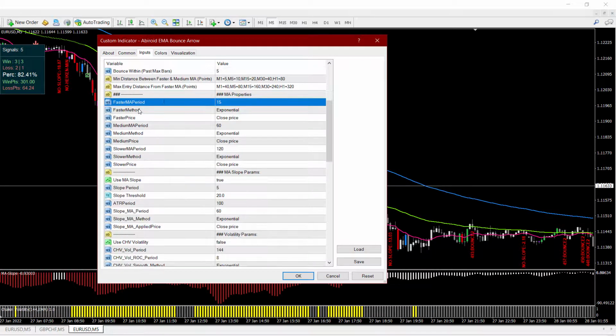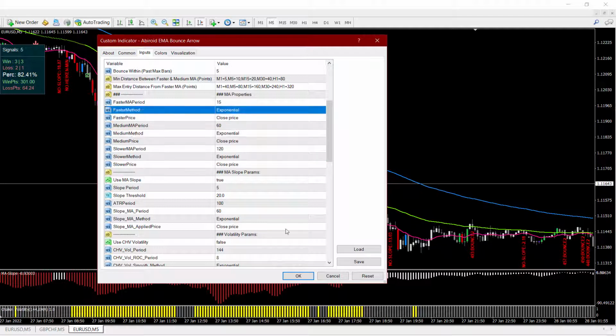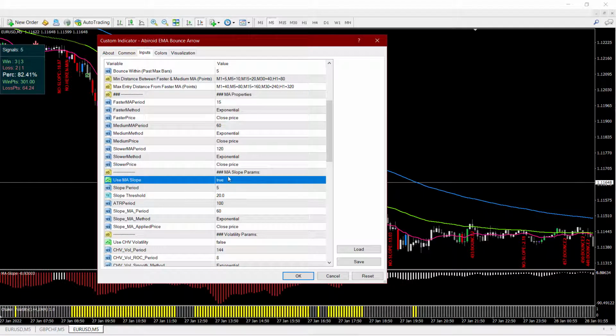And we already talked about the MA, the moving averages. So you can set all of these values. And if you don't want to use exponential, you can also change that. But I would suggest that you use all three as similar types of moving averages, because otherwise you will get too much crisscross and you won't get good signals. So after the MA bounce check, it will next check the moving average slope.